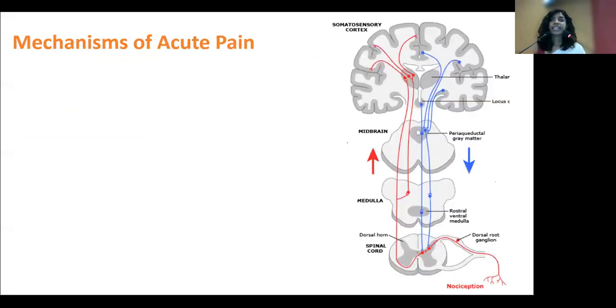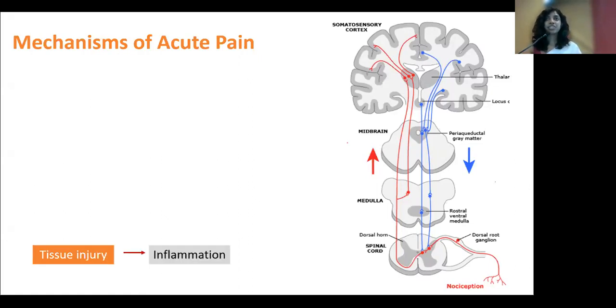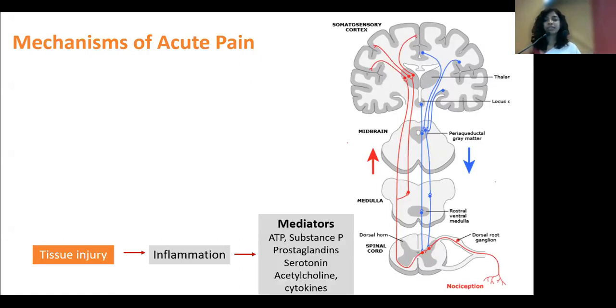Now, acute pain, this is something that we all know. There is some form of tissue injury through any of the mechanisms that I told you about earlier, and that leads to an inflammation, either primary or secondary to an initial insult. And with inflammation, there are so many mediators that are released, from substance P, prostaglandins to acetylcholine, and different cytokines that are present in blood. And these go and act on the nociceptors in our tissues, which activates them, generates an action potential, and that leads to